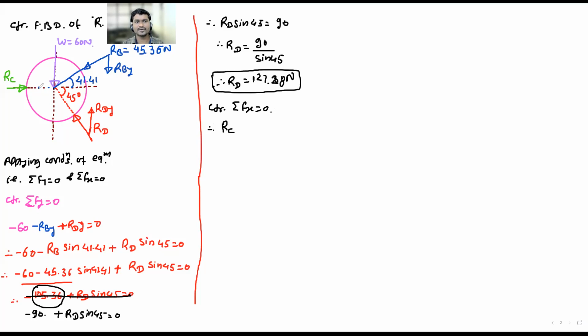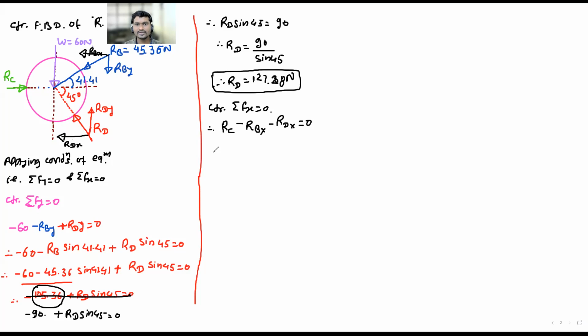Plus, because it is coming to the right side. Next, minus RBX, that component of RB is towards the left hand side, so it will be minus RBX. What about the component of RD? Minus RDX, it is also going towards the right hand side, so it will be minus